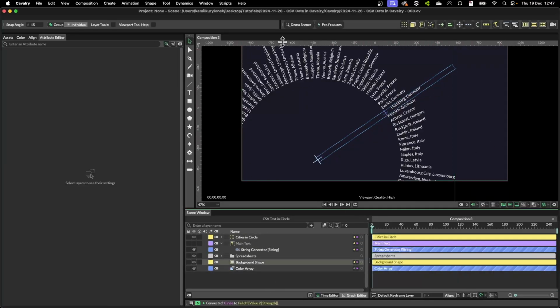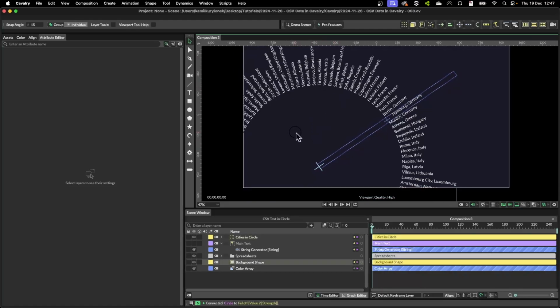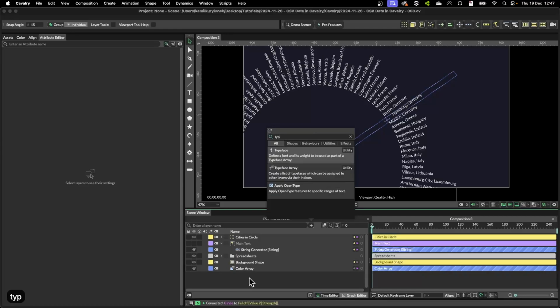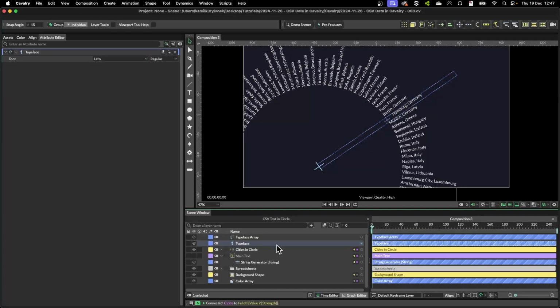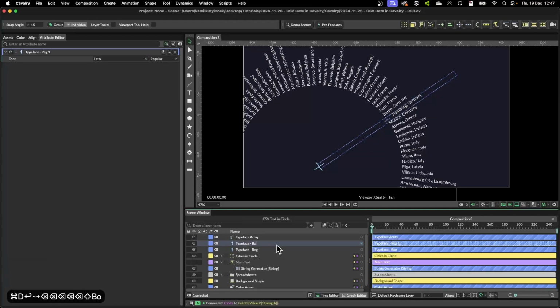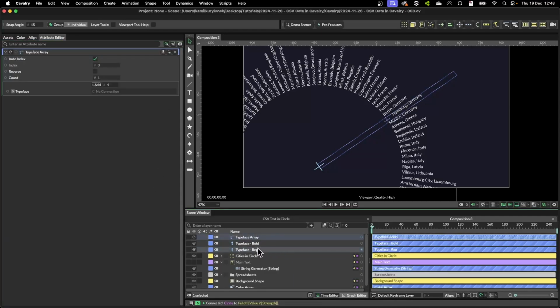So as a next step, I'm going to apply some procedural font styling to this setup. So what I need is look for typeface and typeface array. And for the typeface, I'm going to use regular and bold one. And you can pick any font you want. I'm going to go with Montserrat, and Montserrat, but extra bold. So if I select my typeface, simply drag and drop in here,